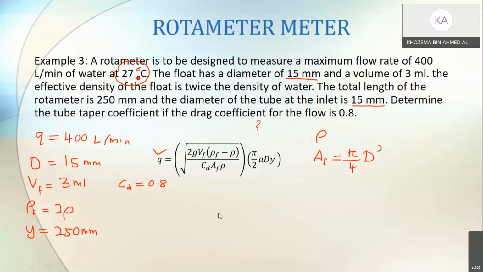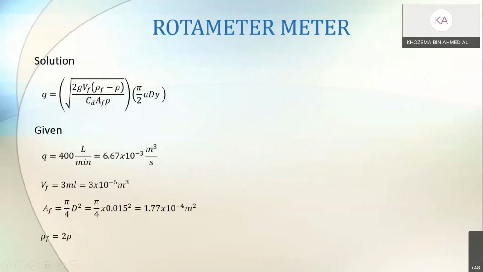So we already know the diameter, so we can easily find the value of AF, right? So we have, in a way, all the values, so we can actually try to solve for the value of A. So let us see. First of all, I mentioned just now, unit is important and we have to mind our unit. The easiest way for me to solve this question is actually to change all the units that are given